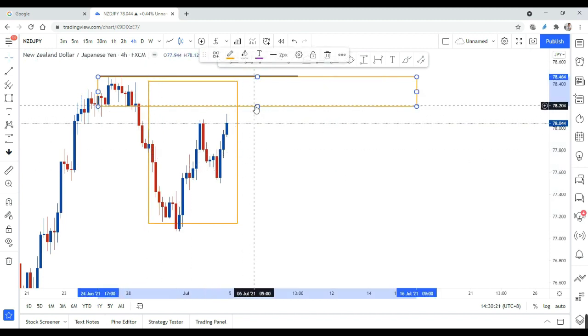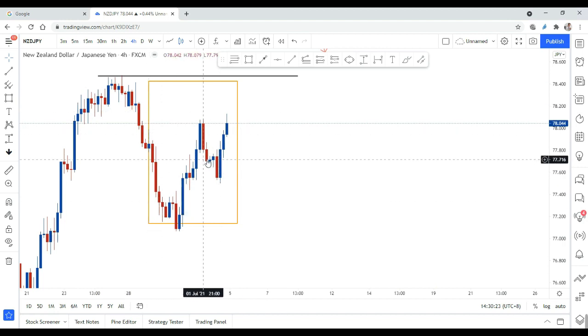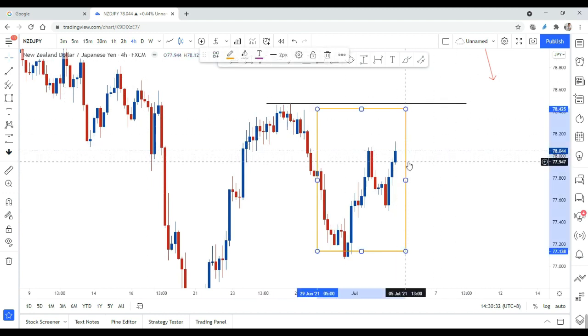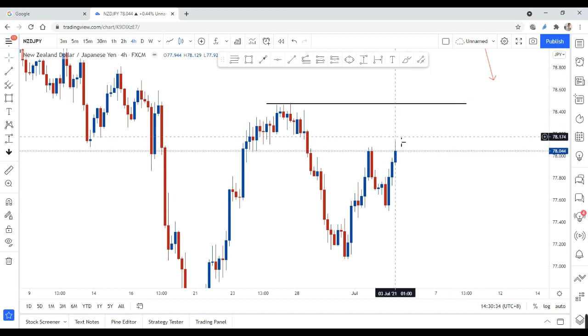Let me get this box out. Your screen might look like this only. You cannot see the whole picture. You cannot see the big picture, what is happening. All right, so hopefully you guys get a few tips of how to reduce your risk. This is one of the most important things that you guys need to be aware of.